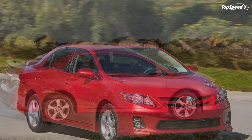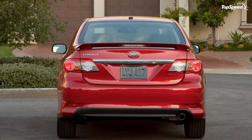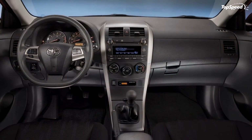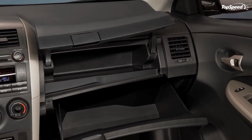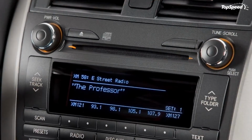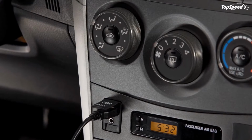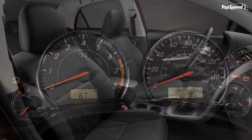Comfort and convenience. The 2011 Corolla upholds a 40-plus-year heritage for providing outstanding value in standard equipment. All models feature a standard all-weather package. The Corolla grade features new 15-inch steel wheels with full wheel covers, P195/65 R15 tires, a color-keyed front grille and exterior door handles, a heavy-duty rear window defogger with timer, AM, FM,